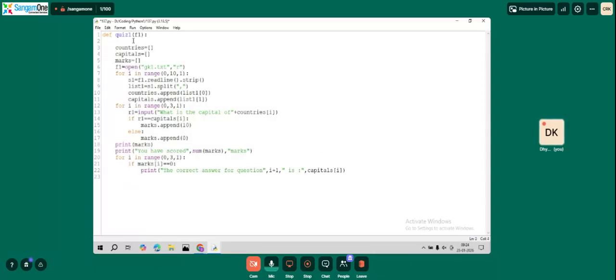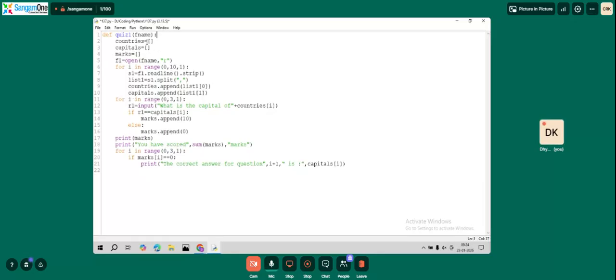Sorry, it's not f1, make it fname, file name. Wherever gk.txt is there, replace it with the variable fname, and here we can call. Let's remove the empty line in line 2 and call the function in line 22